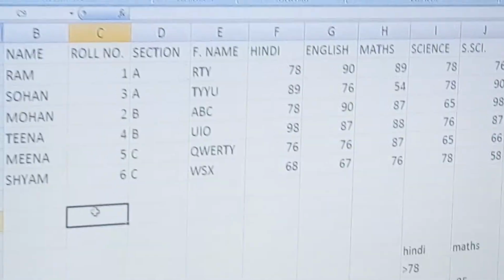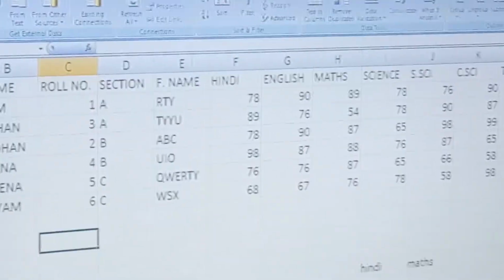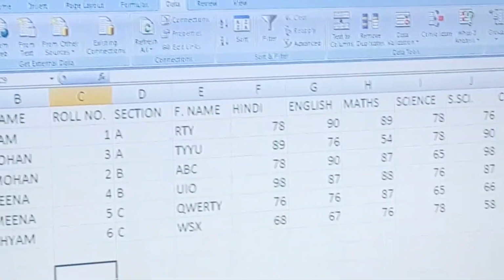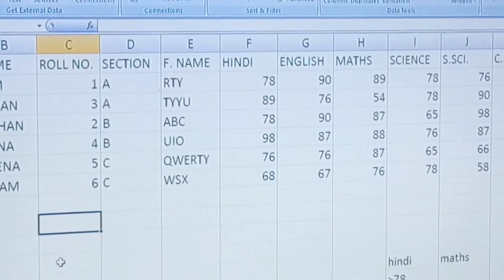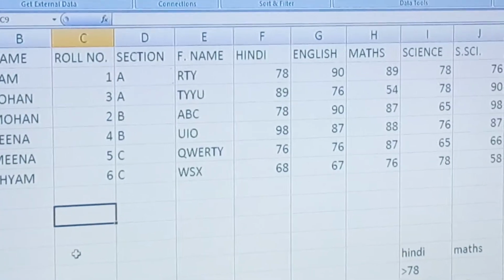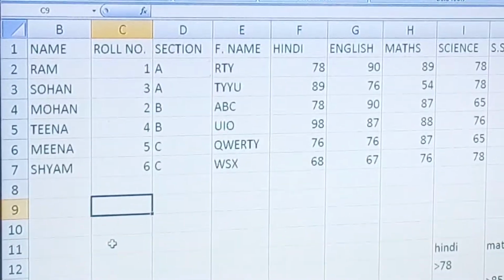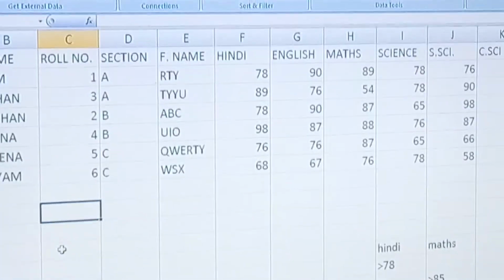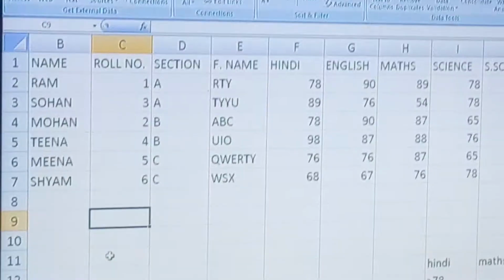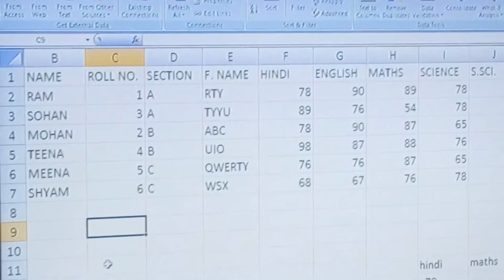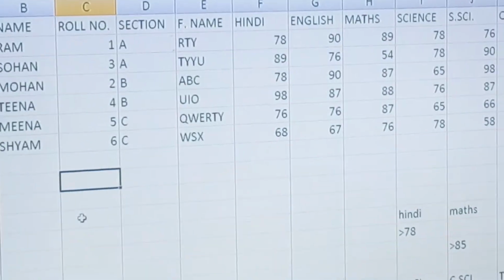Clear? But remember one thing, for performing subtotal, on which field you want to perform the subtotaling, the database must be sorted according to that field, either in ascending order or in descending order, but the database must be sorted according to the field in which you want to find the subtotal.